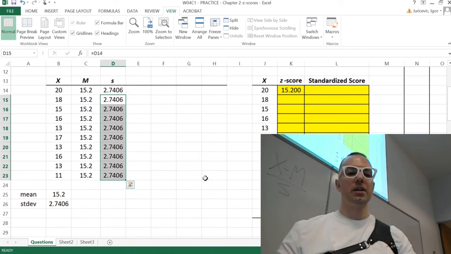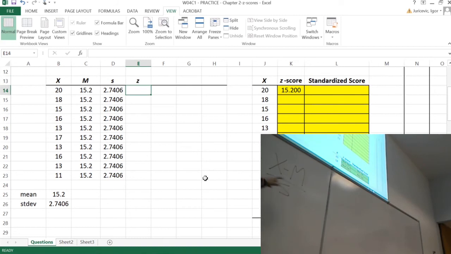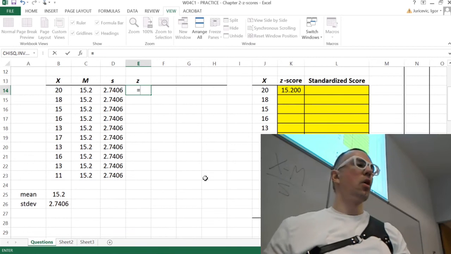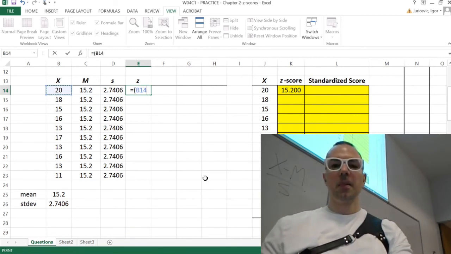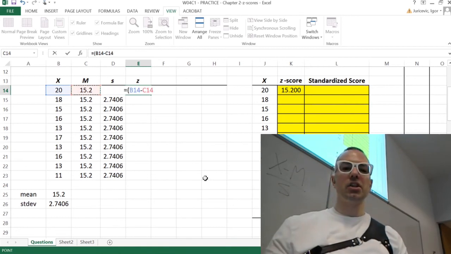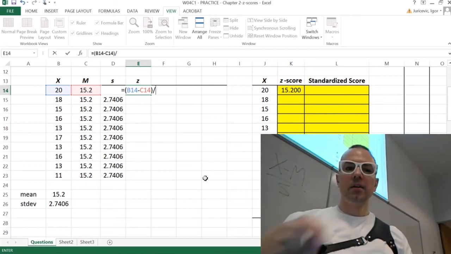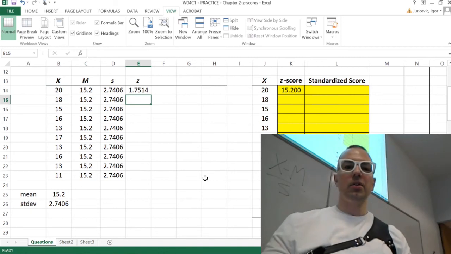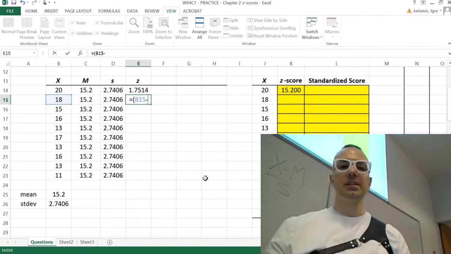So now we can take our z-scores and we can use this formula, and we will say equals, open parentheses, take the raw score, subtract from it the mean, close those parentheses, that's your deviation, and then divide by the standard deviation. And now we have our z-score. So one more time, I'll show you: equals, open parentheses, your score minus your sample mean, close those parentheses, and